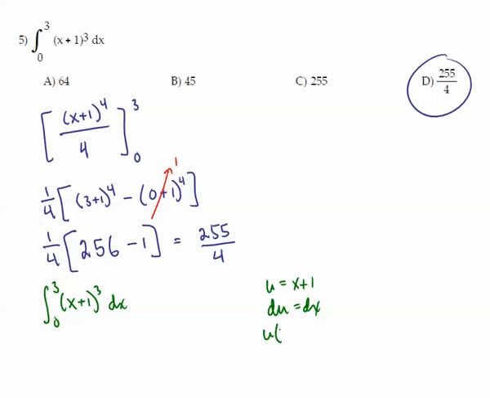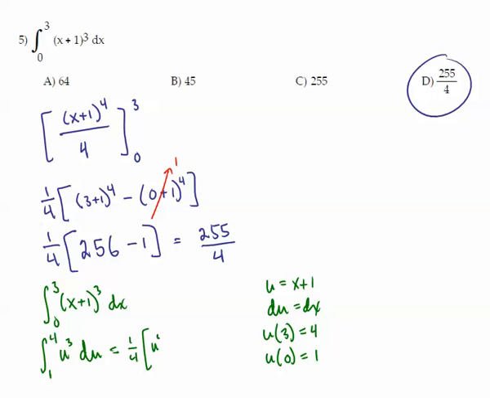When x is equal to 3, u would be 3 plus 1, or 4. When x is equal to 0, u would be 0 plus 1, which is 1. And so we now have a new integral from 1 to 4 of u to the third du, which would be 1/4